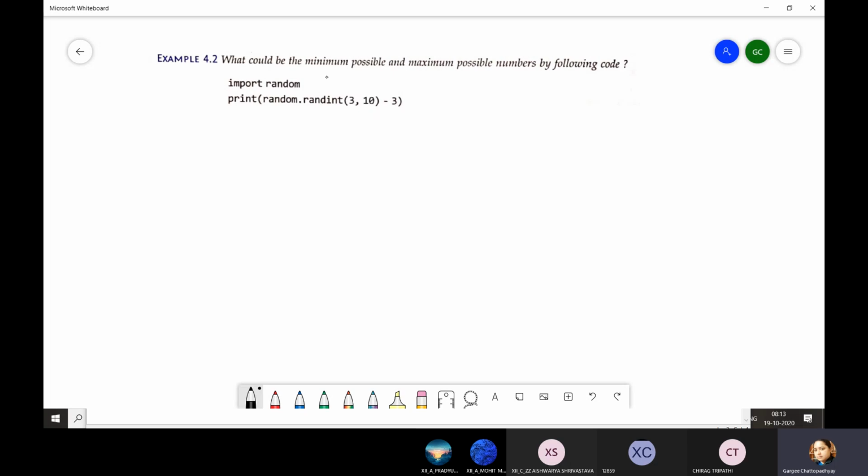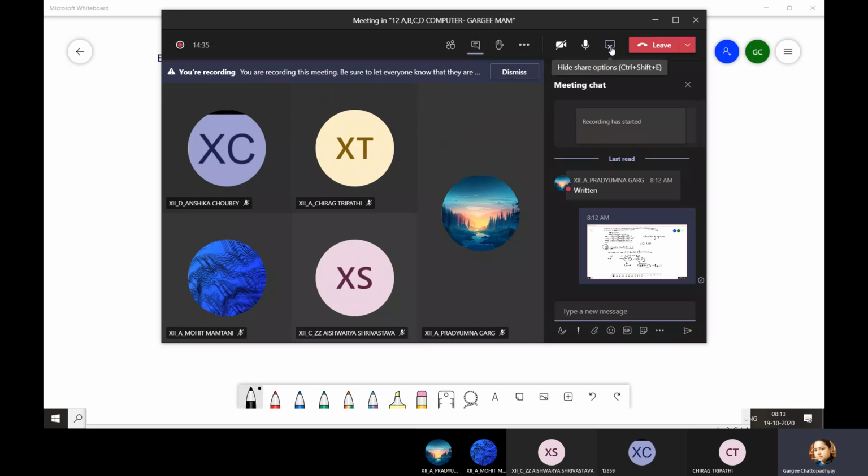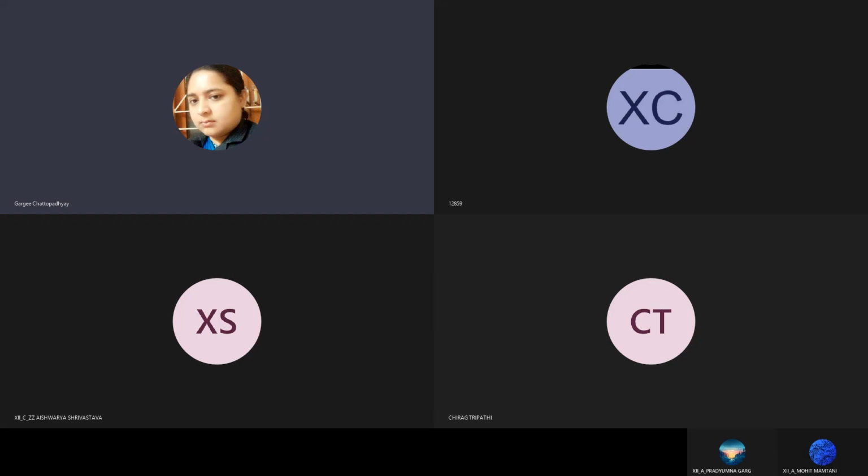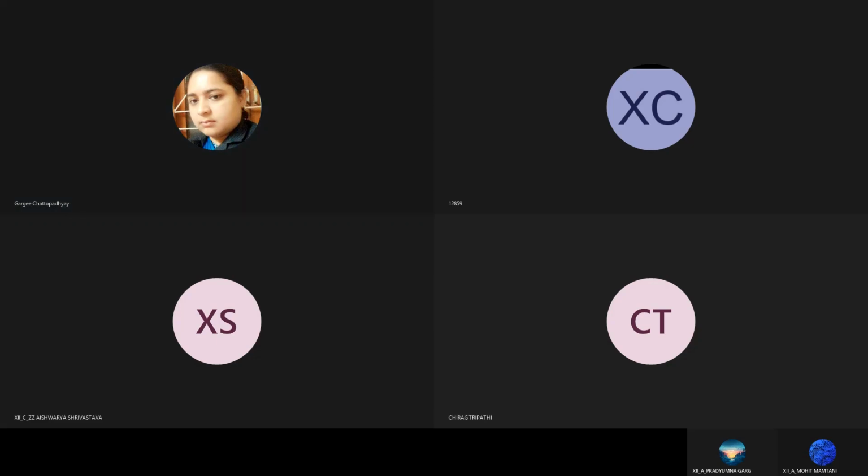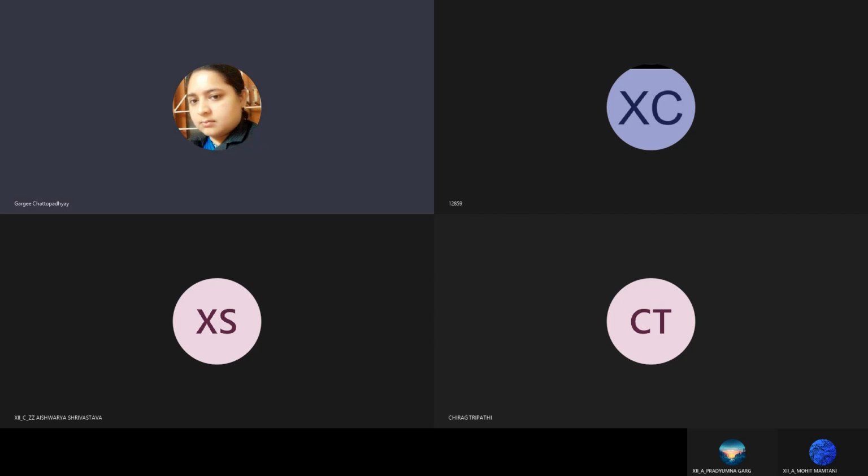What could be the minimum possible and maximum possible numbers by the following code? Stopping the share because I will send this question to you. You will solve it and then I will switch it on.